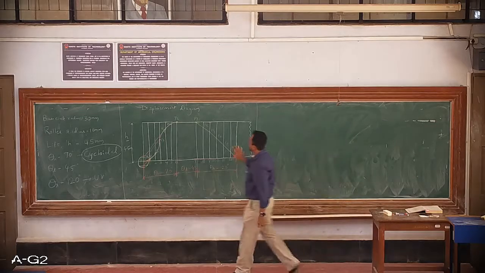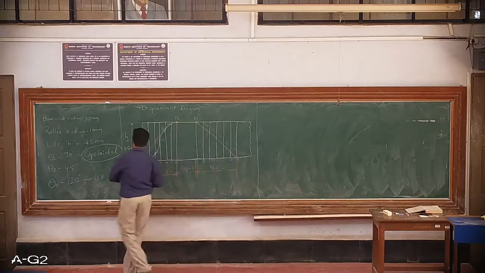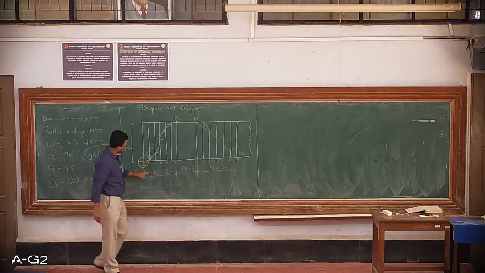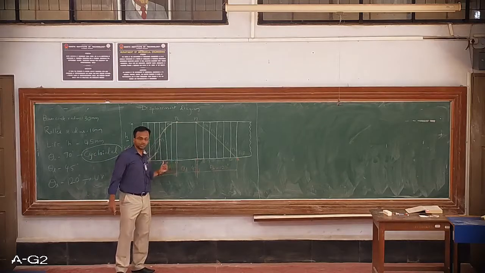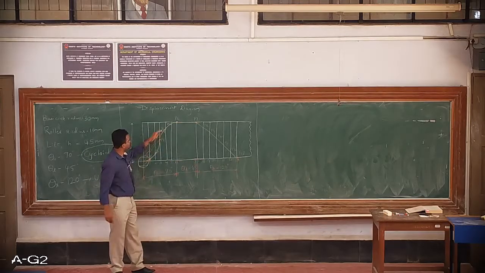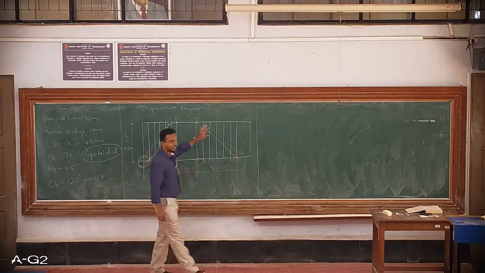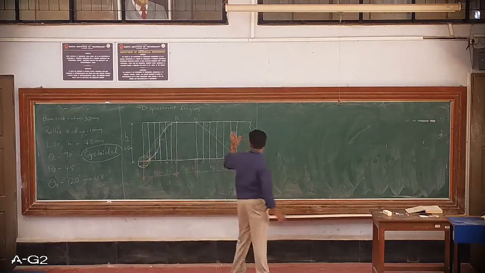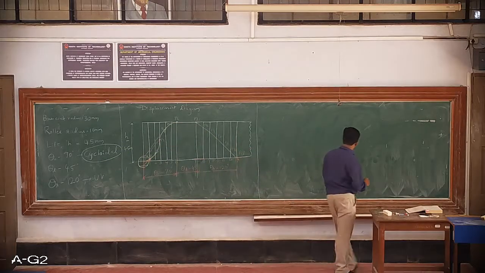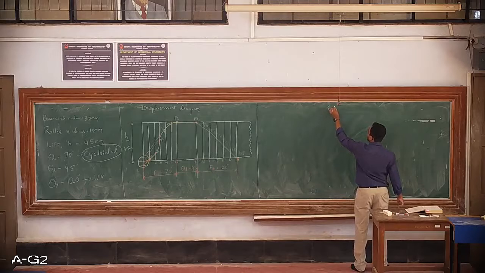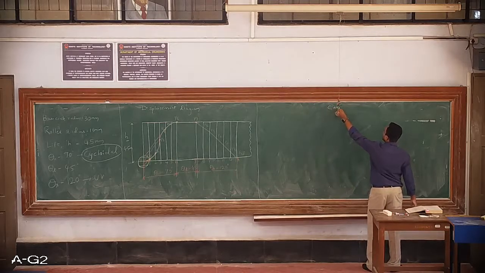Please ensure that you are mentioning all the dimensions, that is the height, the rise stroke, dwell, return stroke, the numbering of the divisions, and the intersection points. All these things should be numbered or labeled properly for the displacement diagram. Once this is done, then we'll switch to the cam profile.